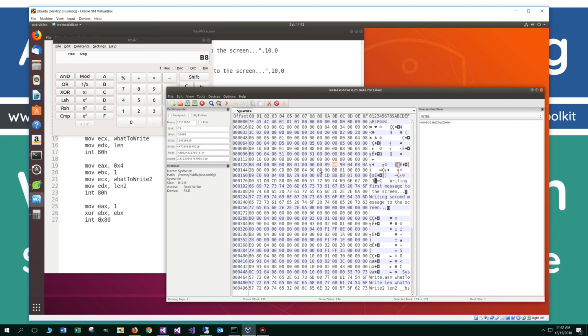Now coming down here, the next instruction, which is the BA, which is move into EDX, hex 28, right? If we convert hex 28 to decimal, that's 40 in base 10. Okay. So this tells us that we're going to read 40 bytes from the offset of where this memory is going to start here. And sure enough, if we look at this here, right,